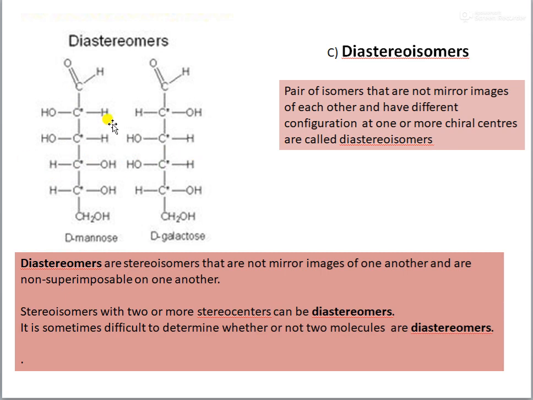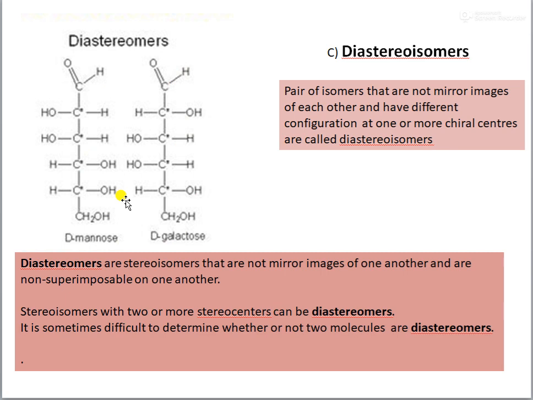So in the C2 chiral center as well as in the C4, they have a different orientation across the chiral center. And if you look at each other, they are not mirror images of each other either. Because they are oriented differently only at two chiral centers, and they are not mirror images of each other. In such cases, these isomers are called diastereoisomers,